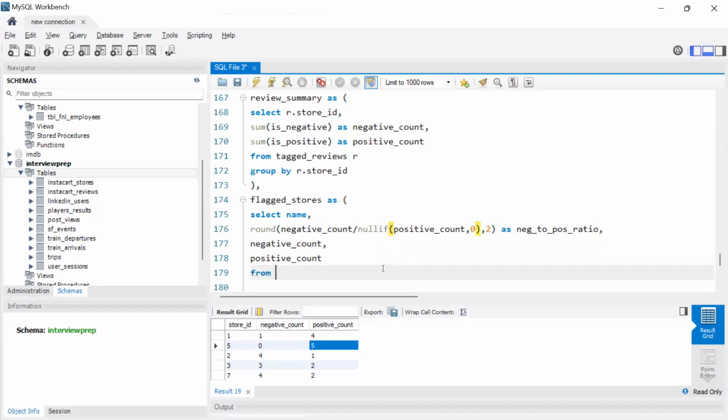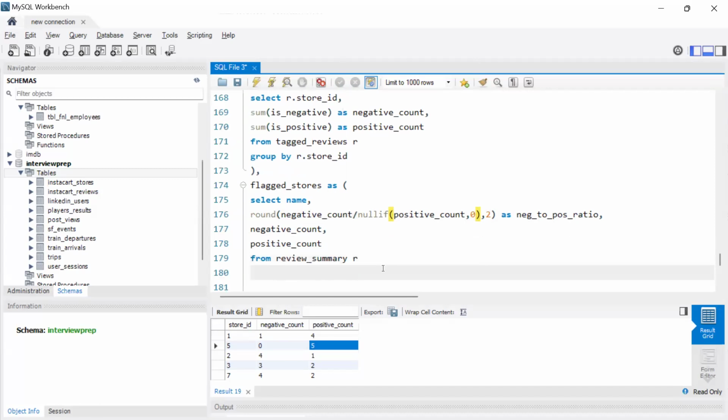from review summary, the above CTE, right? Let's give the alias as R. Inner join Instacart stores. Let's give this as S. On R dot store ID, because I need the name of the store as well, right? That's why I'm introducing the Instacart stores table as well. So R dot store ID is equal to S dot ID,